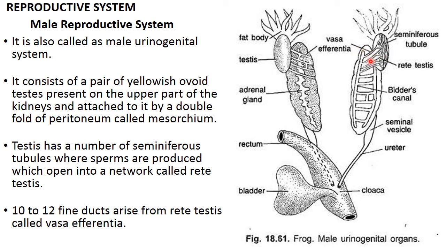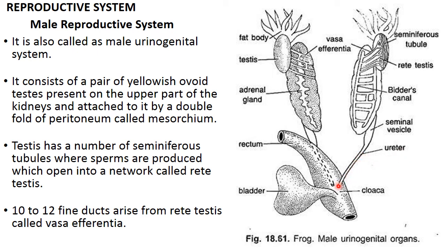Vasa efferentia will lead into these canals, which are called the Bidder's canal. So this is the Bidder's canal. फिर वहां से निकल के कहाँ जाएंगे, into this urinogenital duct। लेकिन इसके ऊपर वाले पोर्शन में the urinogenital duct is swollen यहाँ पे, that is called as seminal vesicle, और यहाँ पे sperms will be stored. So this is called as ureter, or it is also called as urinogenital duct, and that is going to open